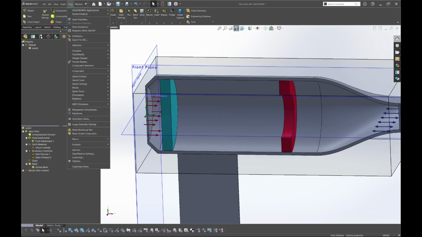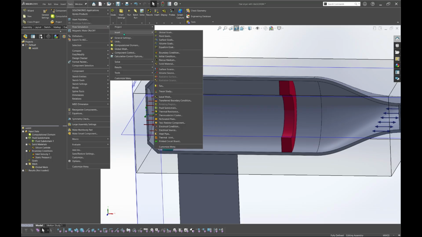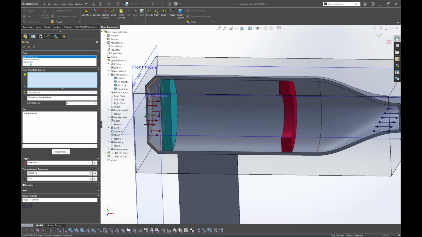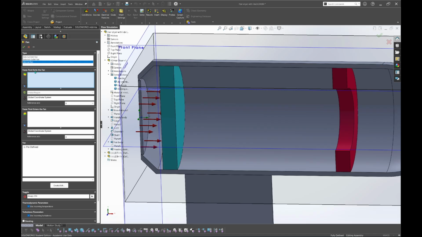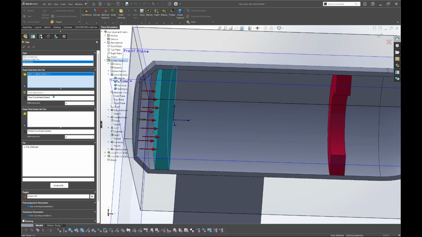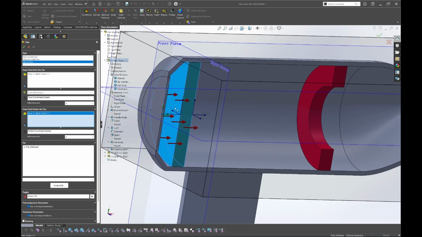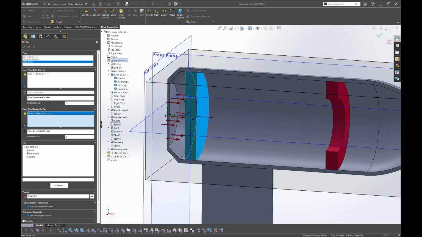And maybe we will set up the fan and heat source. First you can click tools on the ribbon and bring your cursor to flow simulation and insert first the fan. We choose internal fan and the fluid exits in here and enters in here. And for the material of the fan, maybe we choose Delta 24.